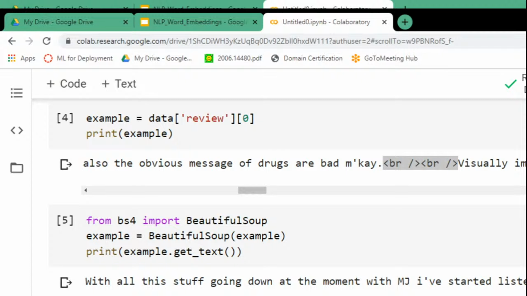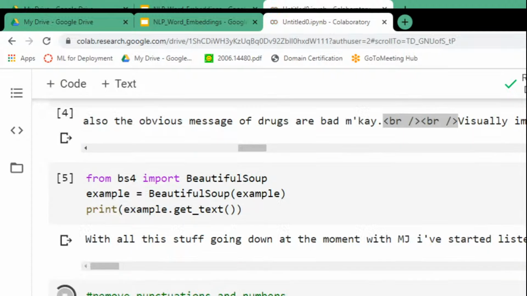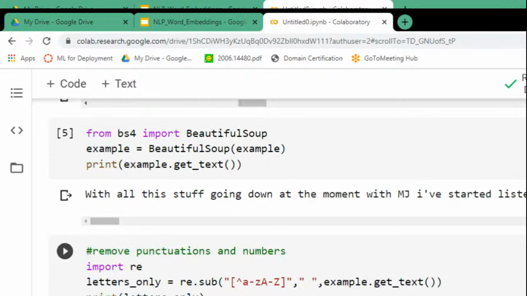So let's run it. Here, with all this stuff down at the moment with MJ, we don't have any more apostrophe s, right? This was a punctuation, and now it is not there anymore. I have removed these punctuations, and also we have removed the numbers from this textual